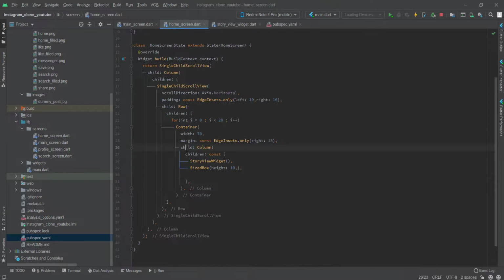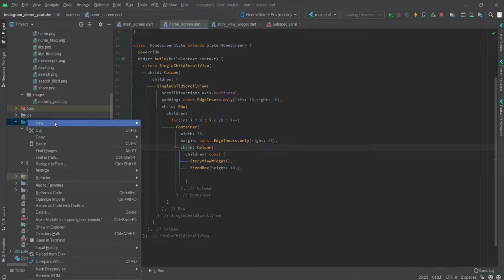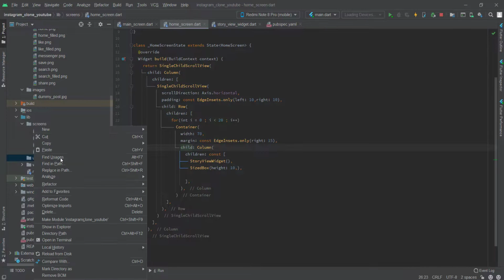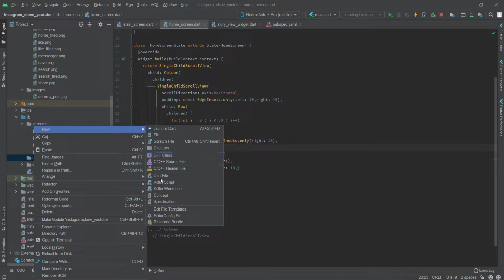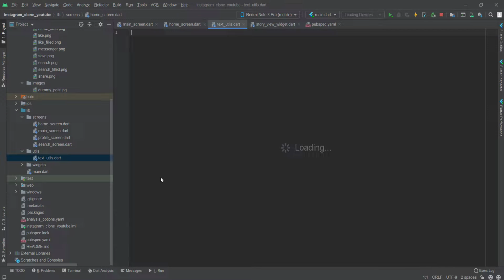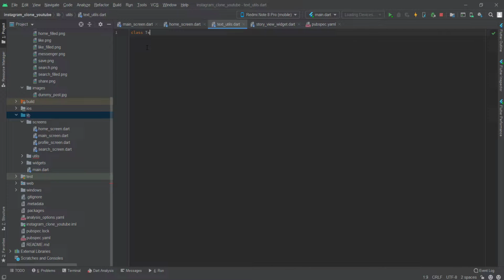Okay, so let me show you how you can create a utils file. Now you need to create directory utils, and in this utils directory we are going to create a new file, text utils, and in this class we are